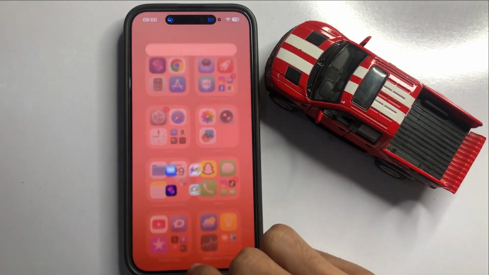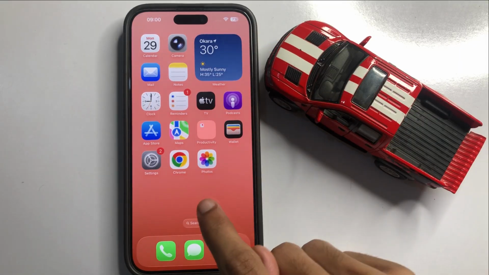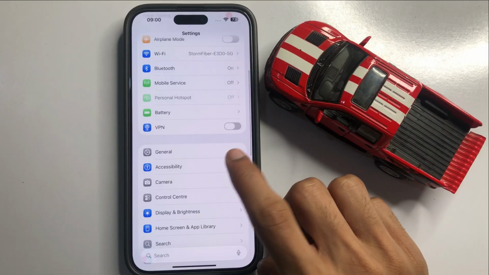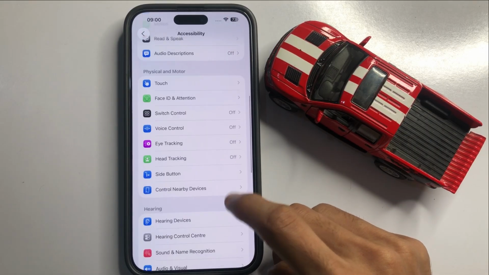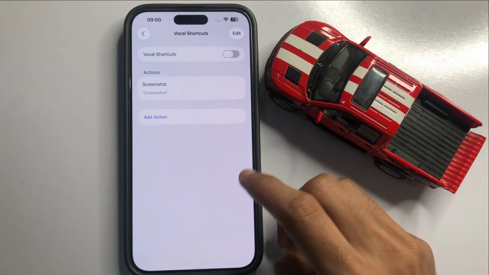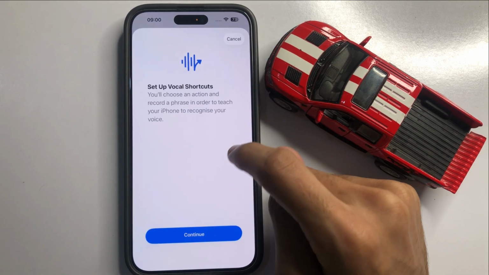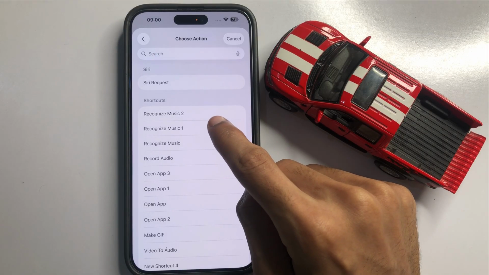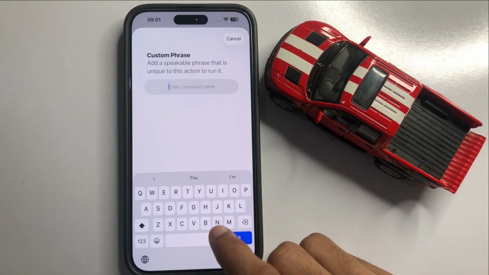So there is another way of recognizing music. Go to Settings. Now here scroll down, click on Accessibility. Now here scroll down, click on Vocal Shortcuts. Now here turn on this button, then Add Action, Continue, Recognize Music. So click Recognize Music, type